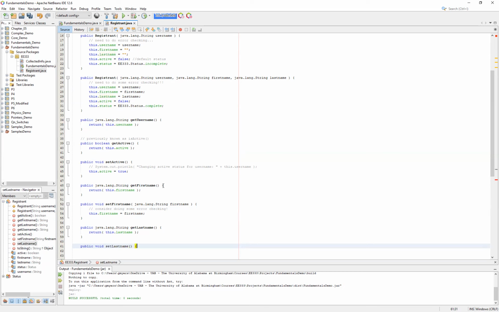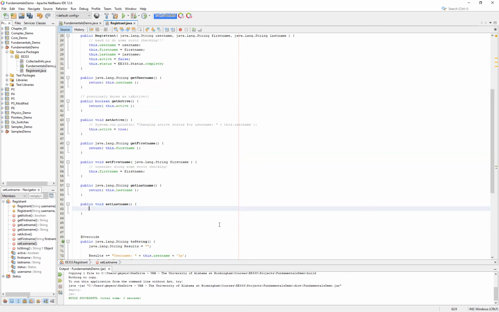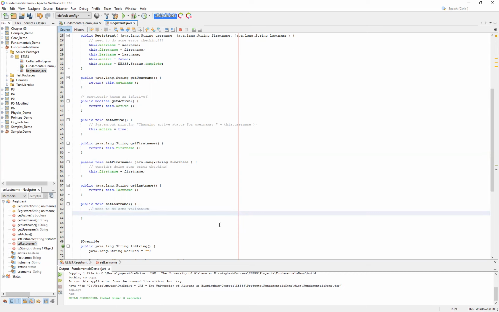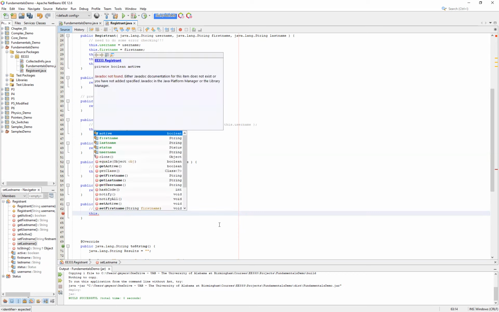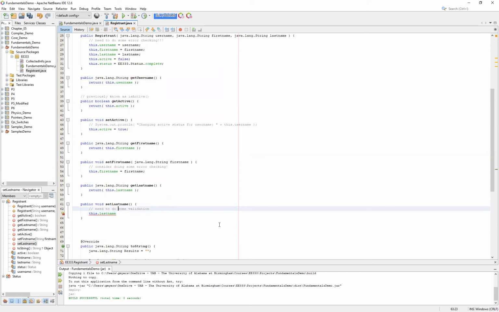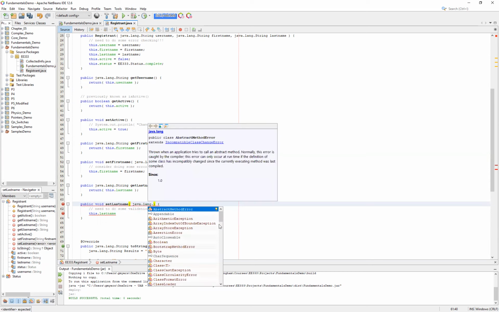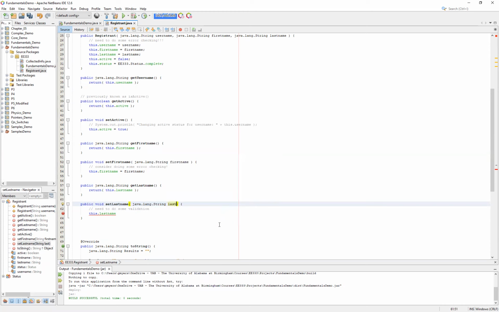Again, hopefully you can see why you would want the ability to set someone's last name. And again, we need to do some validation here or error checking, whatever you would like to call it. And then we will have our this dot last name, and we need to accept as an input argument for this method, again, a java.lang.String last name,